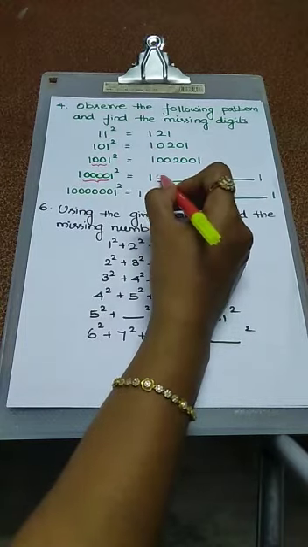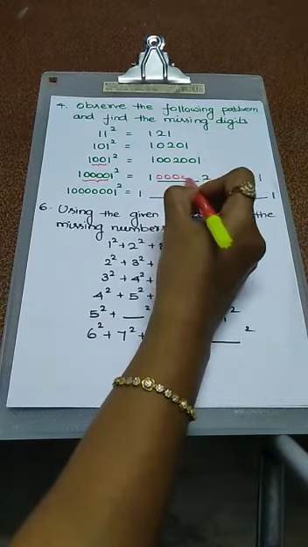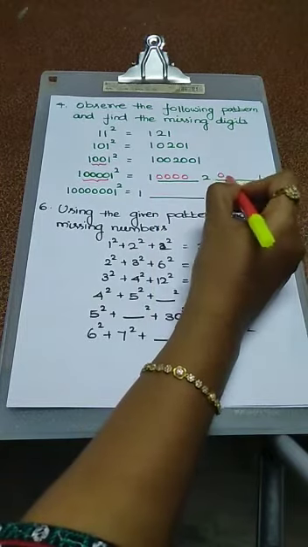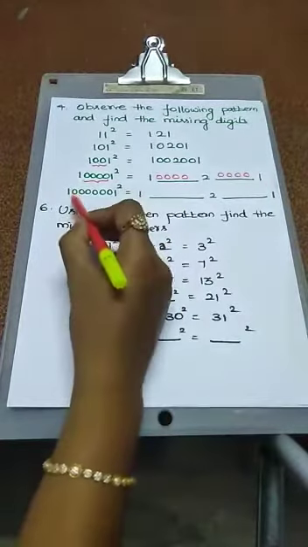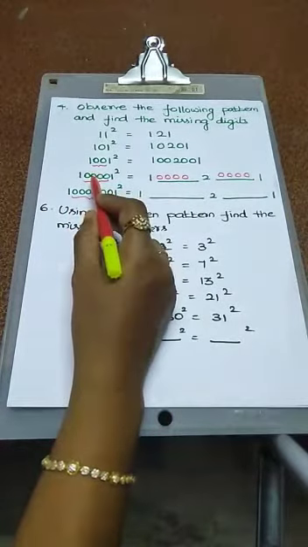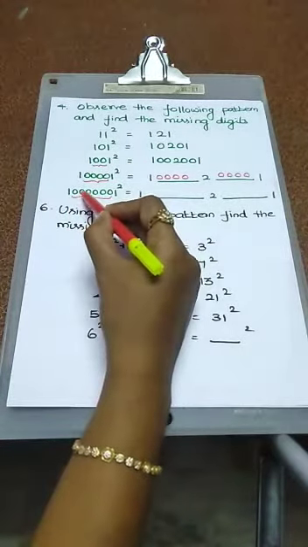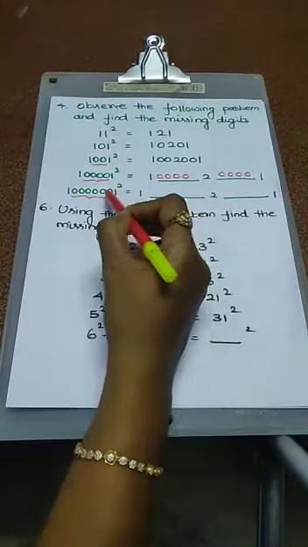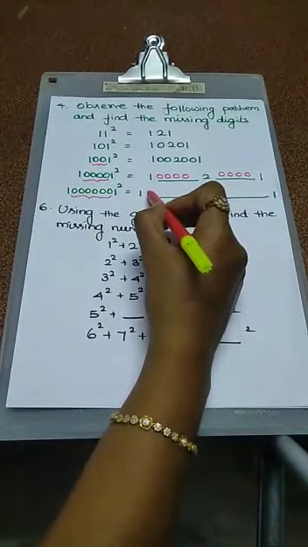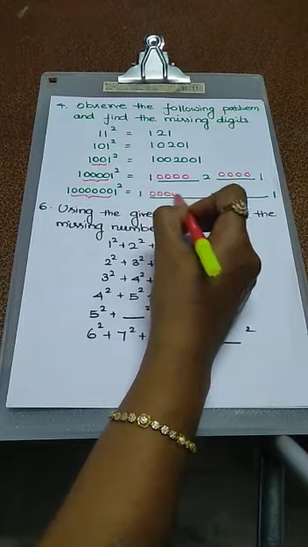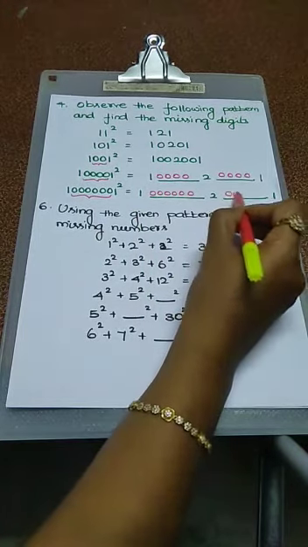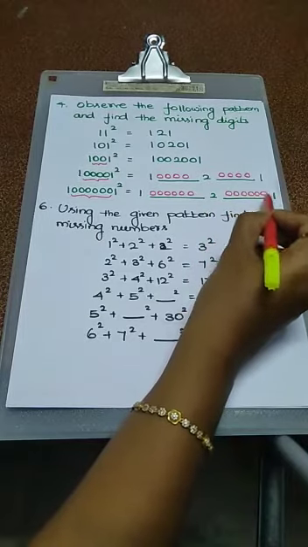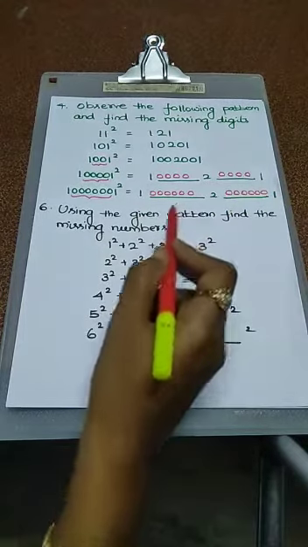The possible number is 1, 2, 3, 4 zeros, 2, again 1, 2, 3, 4 zeros and the next number is 1. Here you look at the value, just check the value. Here 1, 2, 3, 4, 5, 6 zeros, no. So we have to use 1, 2, 3, 4, 5, 6 zeros, 2, then 1, 2, 3, 4, 5, 6 zeros, then 1. You just check the value.